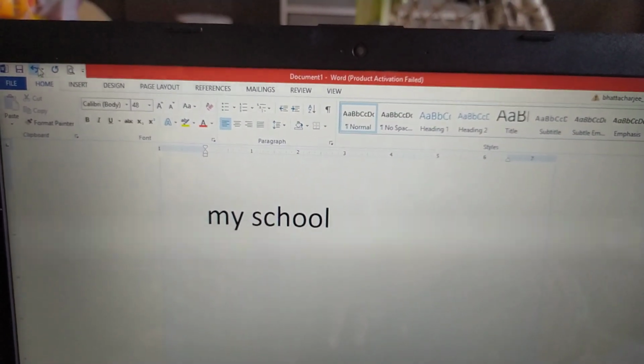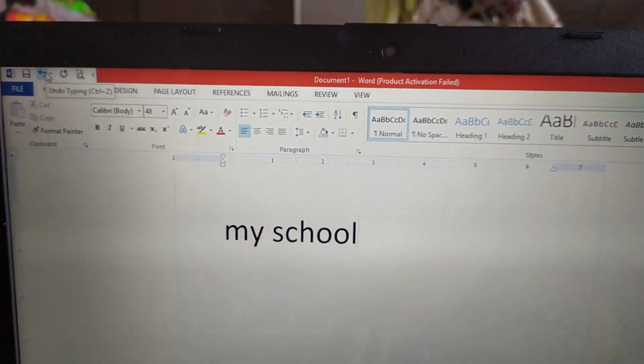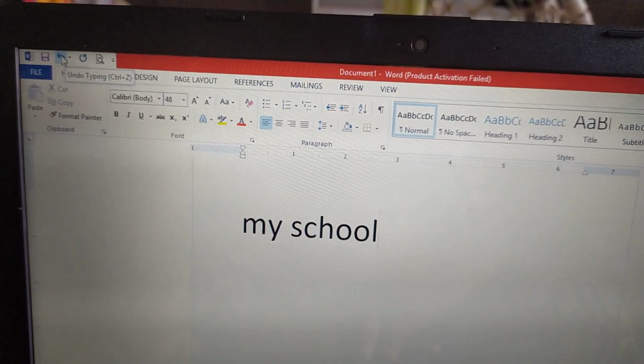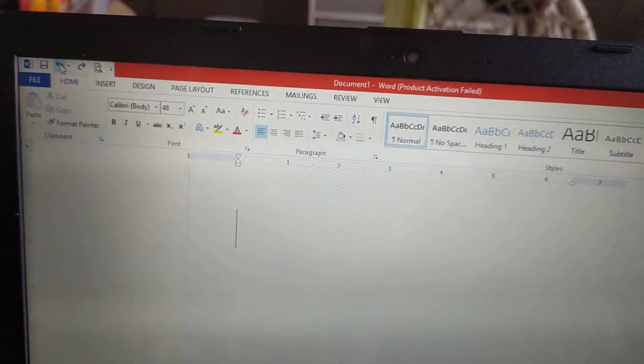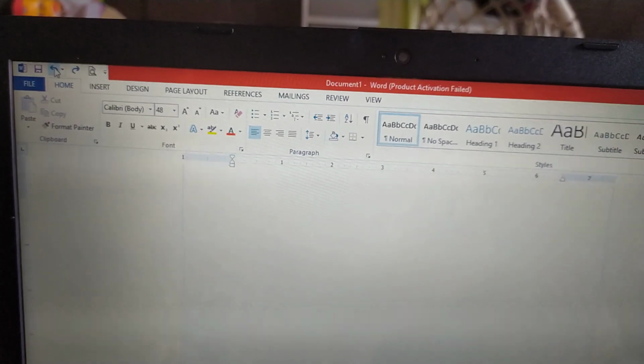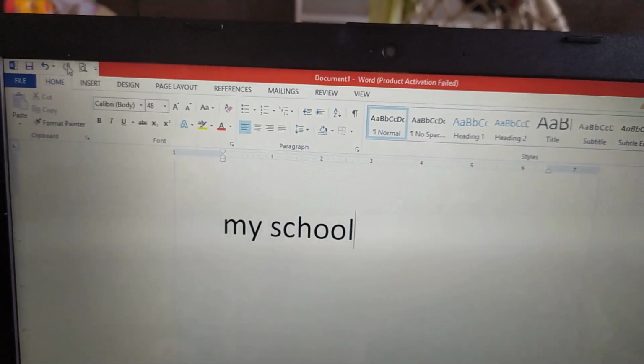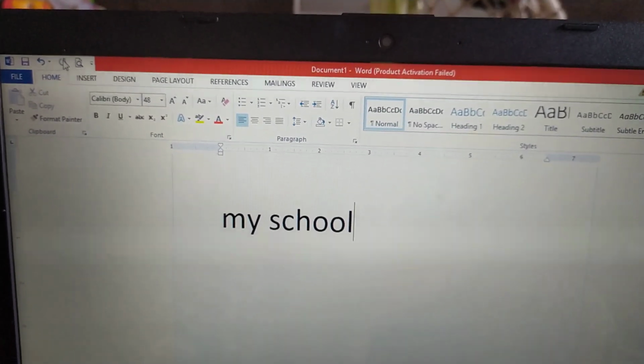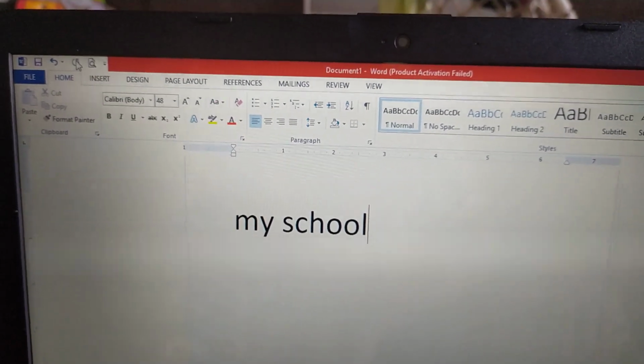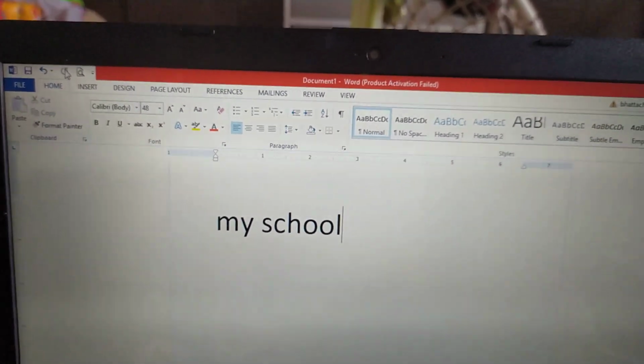What we will do? This is the undo button. Click on it. See, our typing will go. And now we want to use the redo button. See, my school has again come back. Understand the use of undo and the redo button.